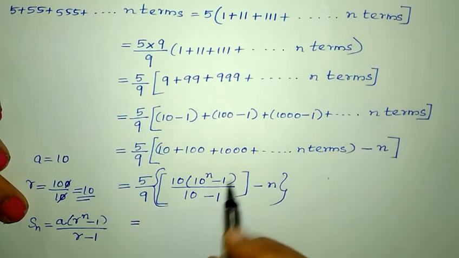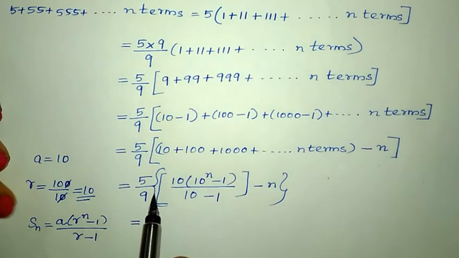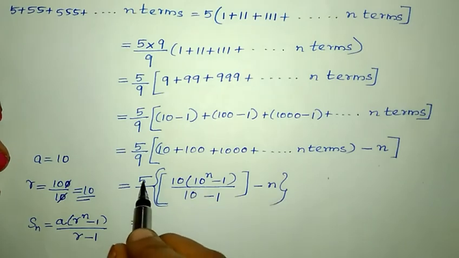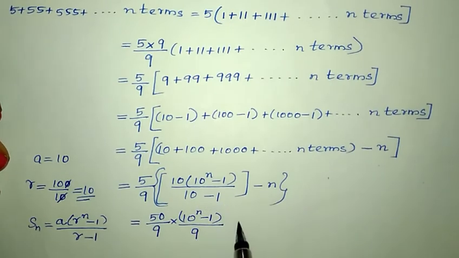this 5 by 9 is common for these two terms. Now I am going to multiply 5 by 9 to these two terms, so that you will get 5 into 10, 50 by 9 into 10 power n minus 1 by 10 minus 1 is 9 minus 5 into n is 5n by 9,